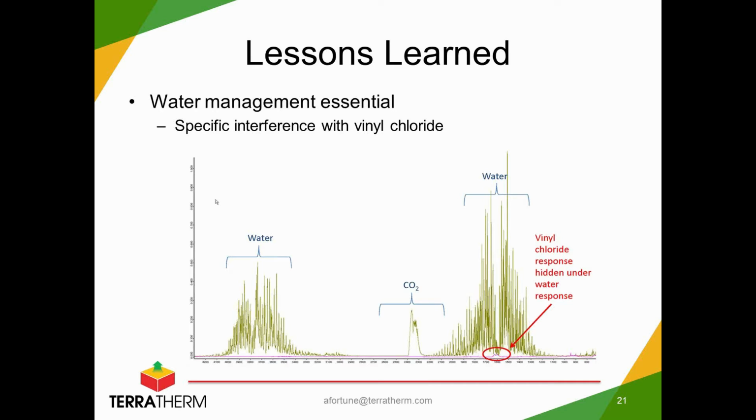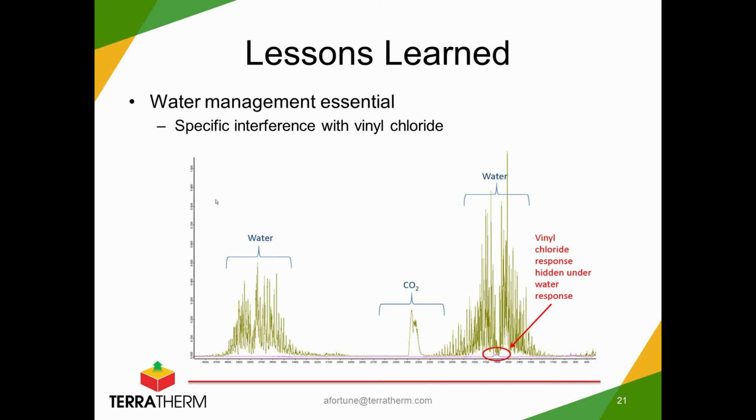So you can see it's a little bit hard to see on this figure, but if you have a big screen like me here in the office, you can see it okay. The water vapor and then also CO2 are shown as that olive green line and pattern. And you can see that underneath in the hot pink is the vinyl chloride response. And you can see that it's sort of buried there underneath that big response from water, right around 1600 wave